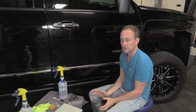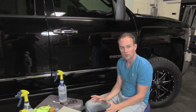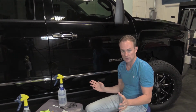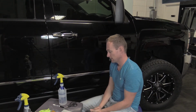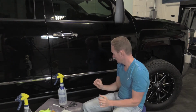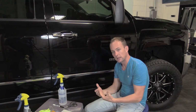My best advice is if the chips are small and you have a few that are small, just clear bra over them if they're not large and not an eyesore. The reason I give that advice, and that's my opinion, is because people tend to get touch-up paint and they'll touch up a chip and they won't let it dry, or they'll put too much paint, or they won't prep